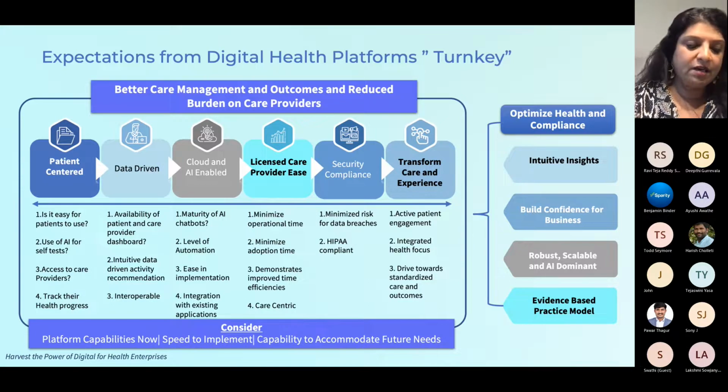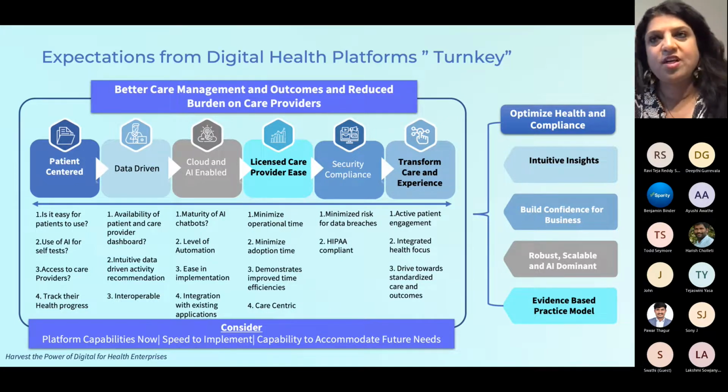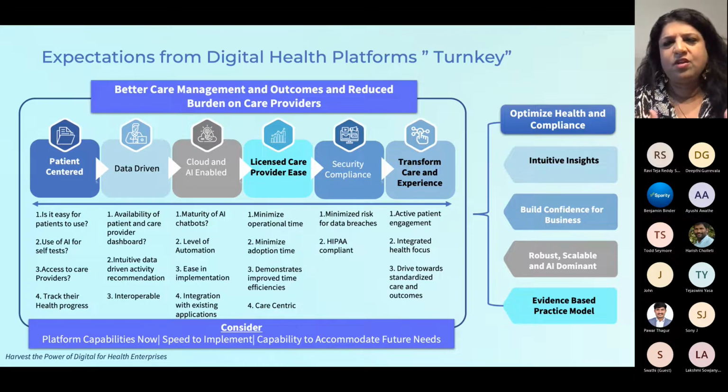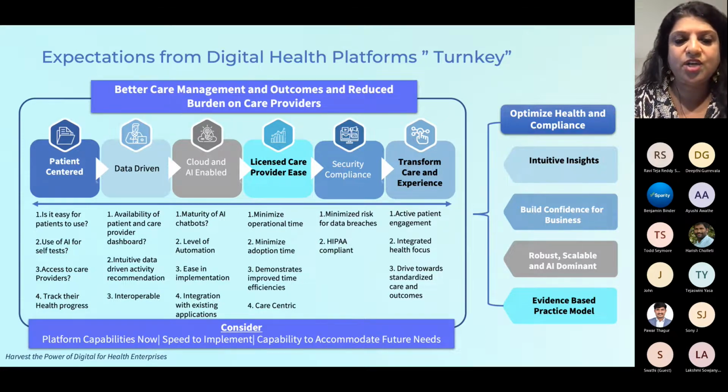How good is it? How accurate is it? How insightful is it? How intuitive is it? What is the level of automation this brings in? Because the intent of a digital health platform is to reduce the burden on the care providers. In the first few months of implementation there will be a learning curve, so it takes more out of you than at any other time. But it should consistently progress, so that by the end of 90 days at the latest, health providers can easily use it and go forward. And I say 90 days because many health providers still have technical challenges, so there is a higher learning curve than in any other industry.